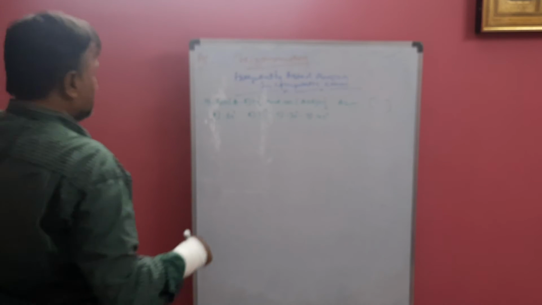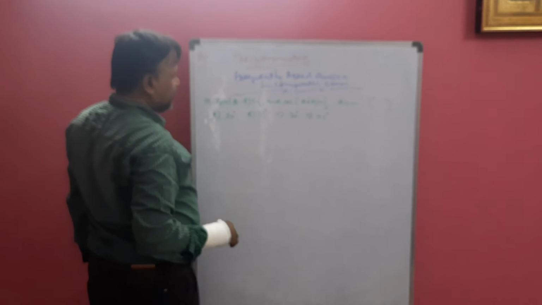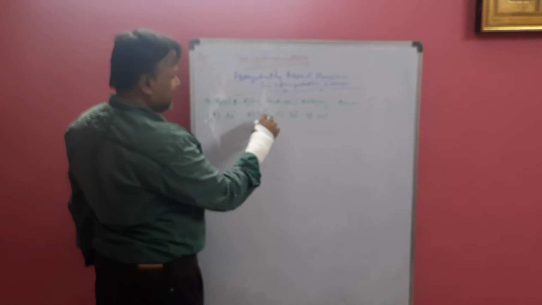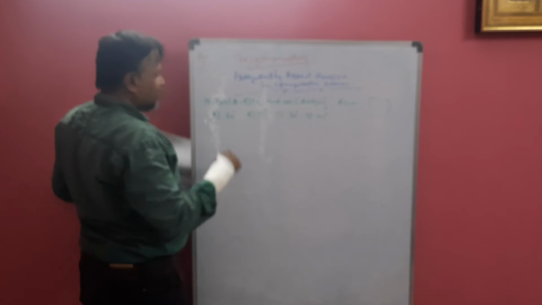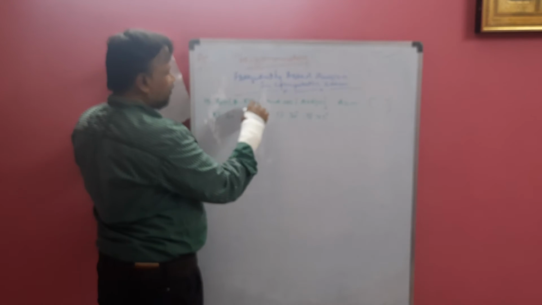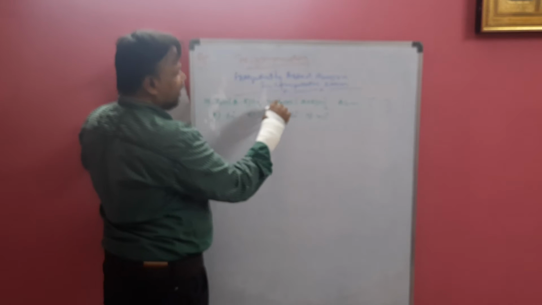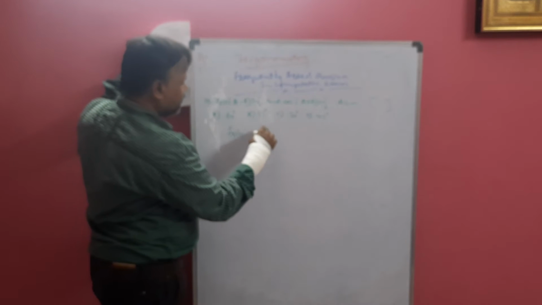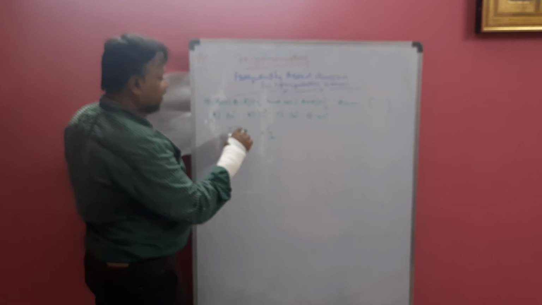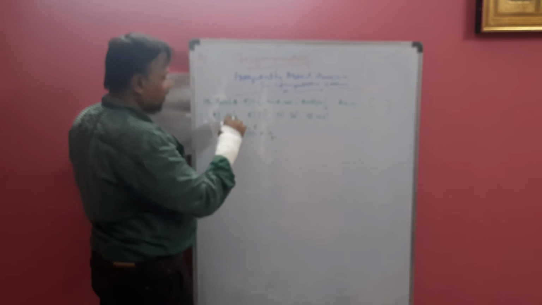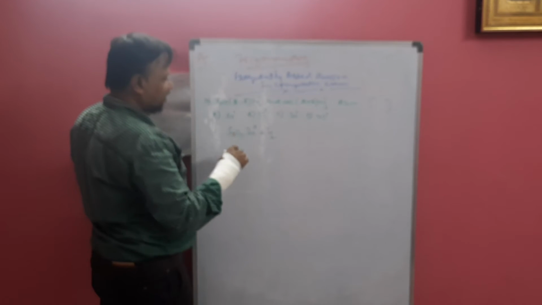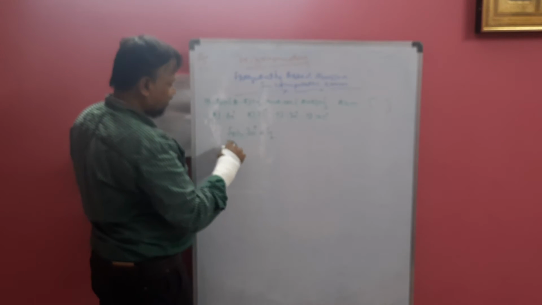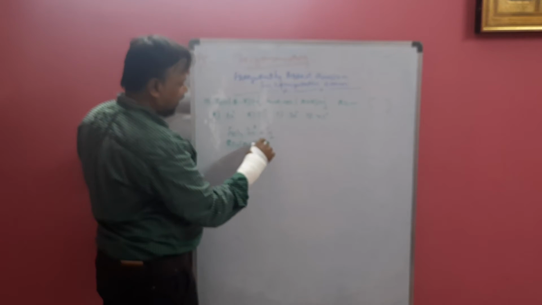Now the 10th question. Sin of A minus B is 1 by 2 and cos of A plus B is 1 by 2. Then find the value of A. The options are 60 degrees, 15 degrees, 30 degrees and 45 degrees. Whenever we get this type, where sin theta is this value and cos theta is this value, we have to find which value of sine is half. Sin 30 is half, you know that. So sin of A minus B is half, which means sin 30 is also half. So in place of A minus B, what do we get here?